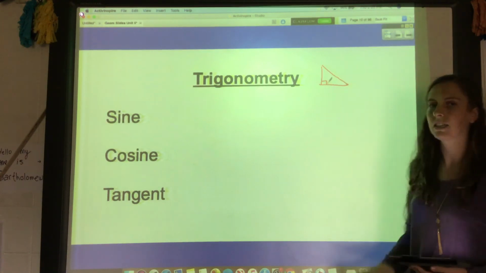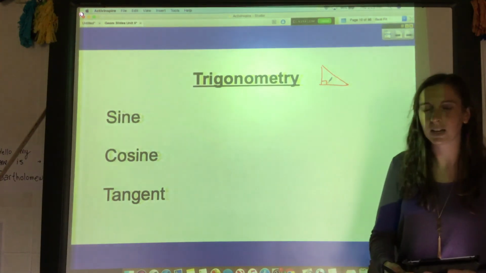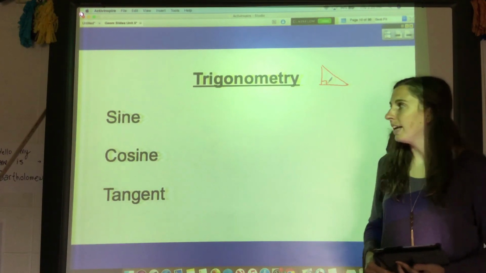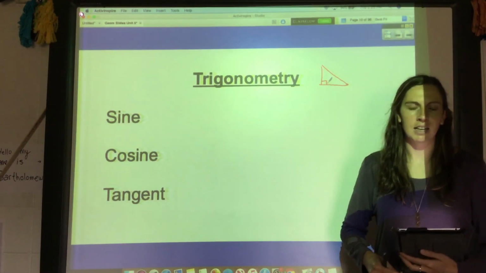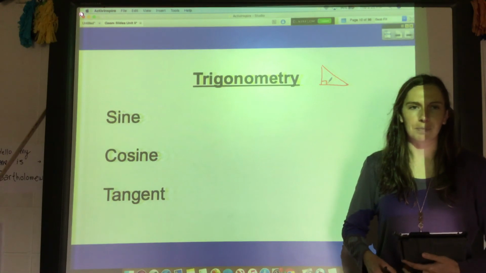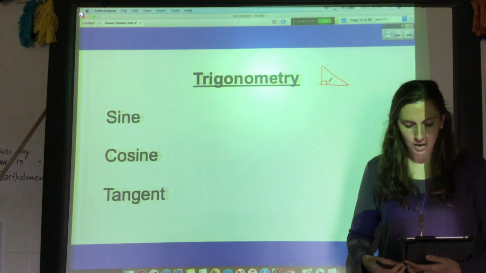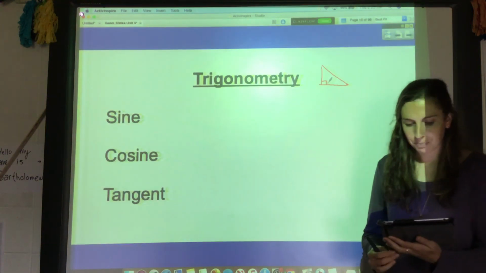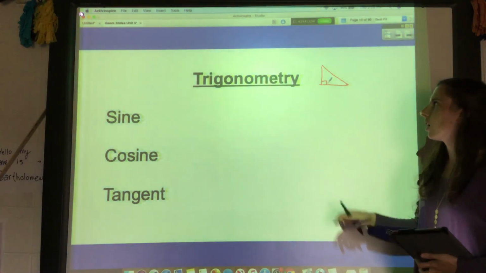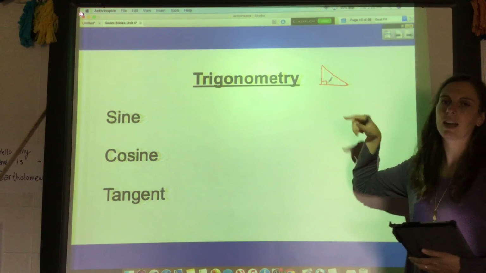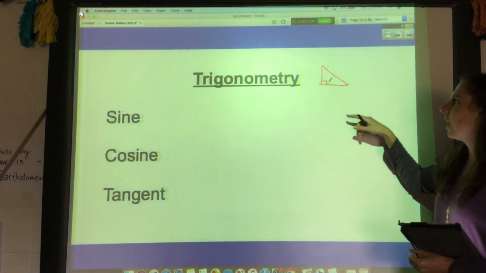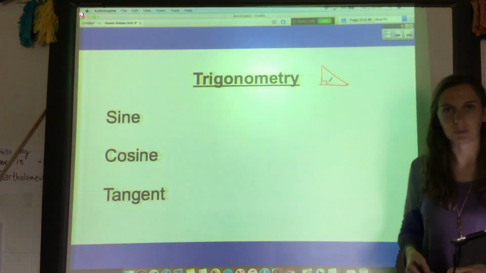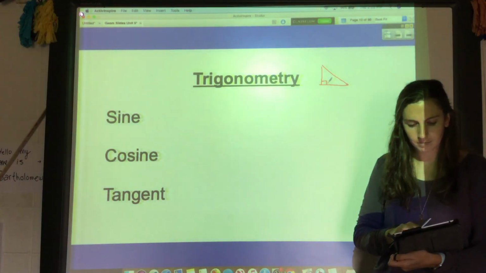I know that might not sound like it's very special, but this gets used all the time in construction, physics, computer graphics, all sorts of things, measuring earthquakes and MRIs. So basically we're going to be able to solve for missing angles and missing sides of this triangle besides just the Pythagorean theorem, which is all you know so far. Okay,